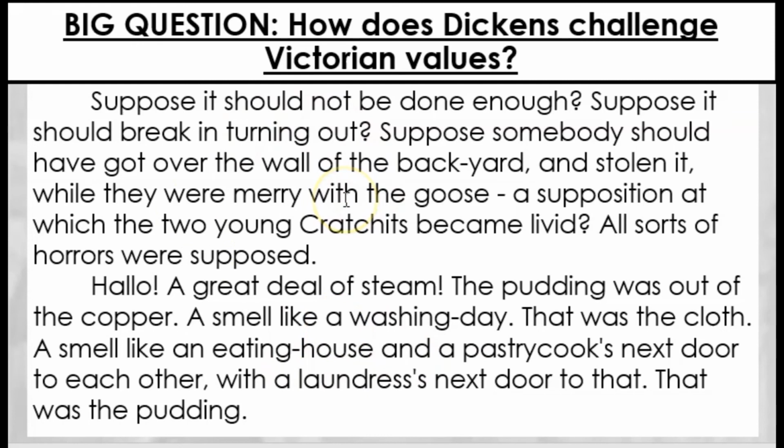So Mrs. Cratchit goes out to the wash house, which would have been most likely a separate building at the back of the house, where they've had this copper kettle slowly boiling and cooking their Christmas pudding. And they have these worries that someone might actually have stolen their dessert. And so she goes to get it. And of course, we get the smells coming in, wafting around. Lots of exclamatives here. Hello, a great deal of steam. So they've steamed the pudding, and we get the smell of the cloth it's wrapped in coming through, which gives us this kind of mixture of strange smells of like laundry and food all together.